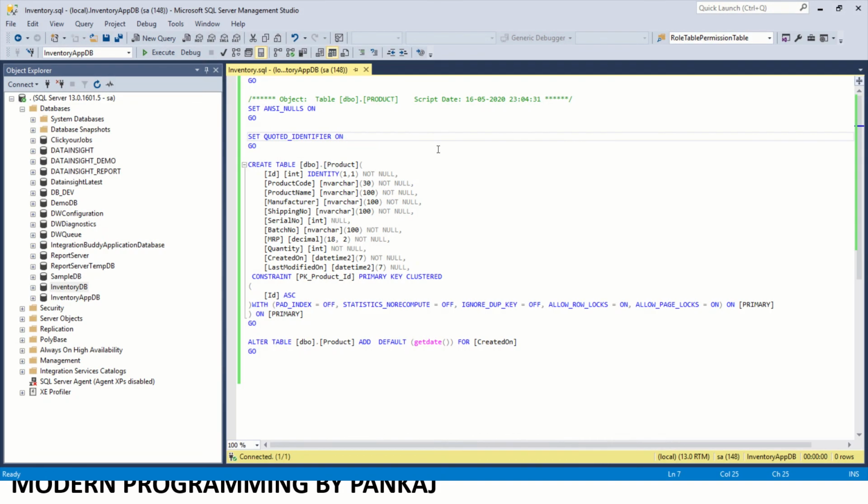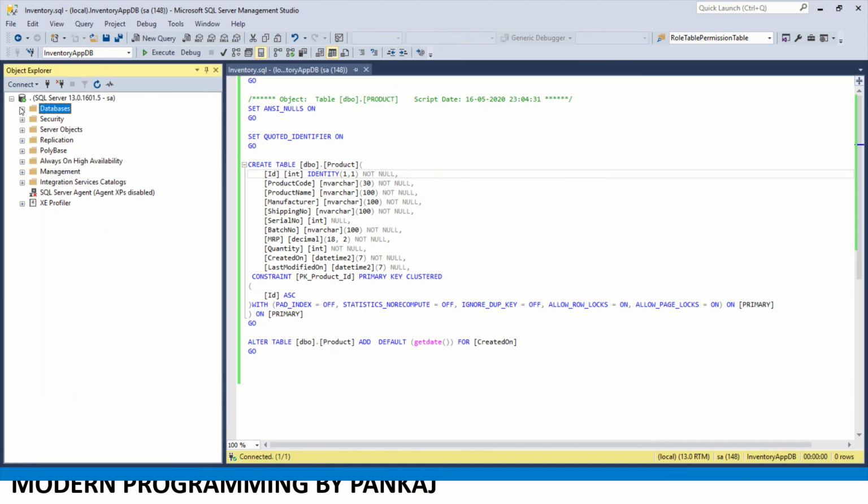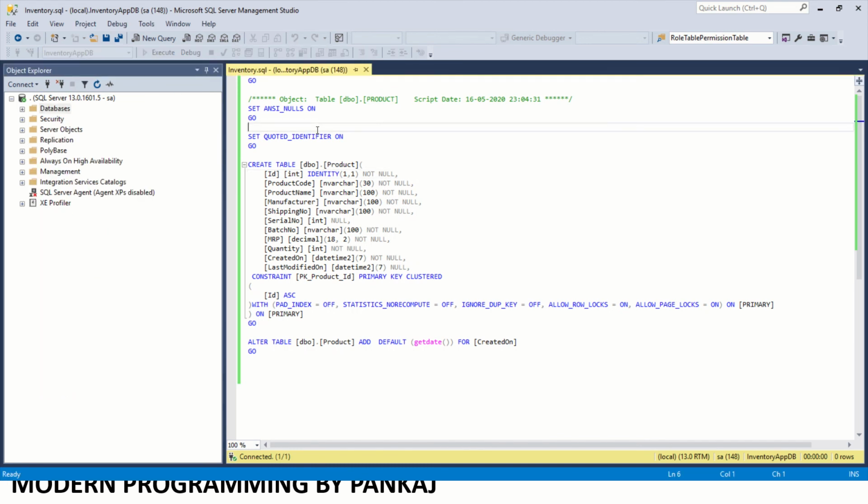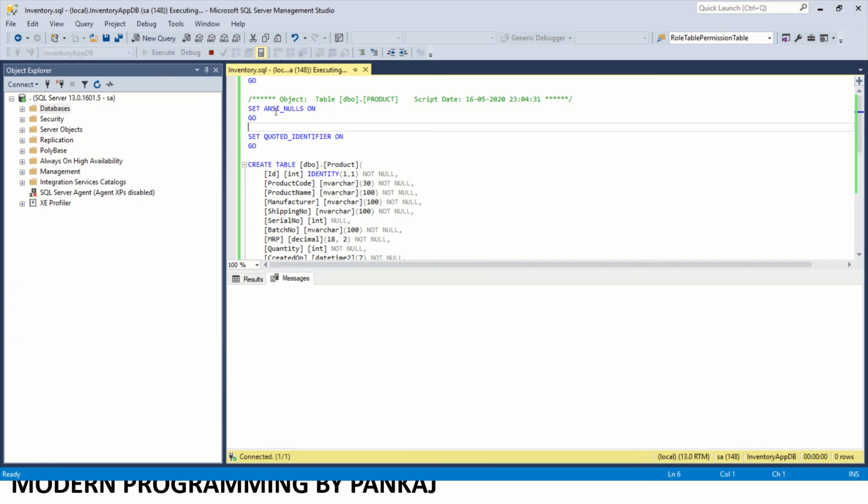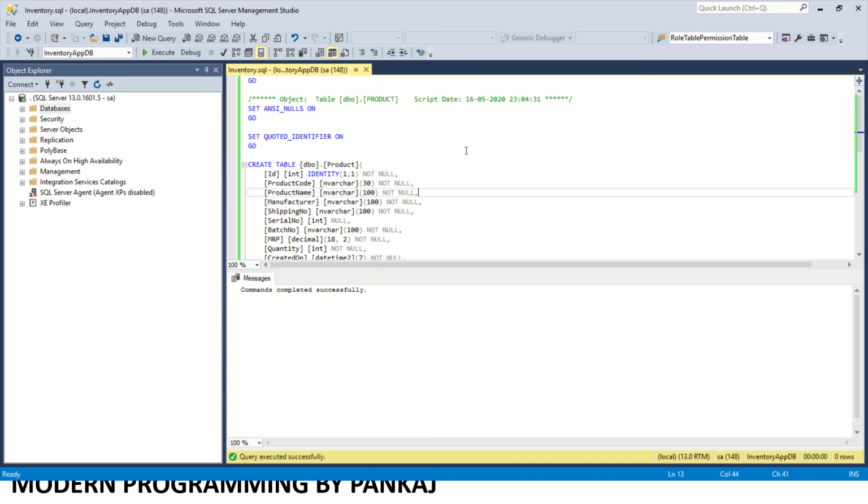First we will go to SQL Server. See, we have got our application database called inventory appdb. We already have a script ready here. If I click on this, it will create one table.